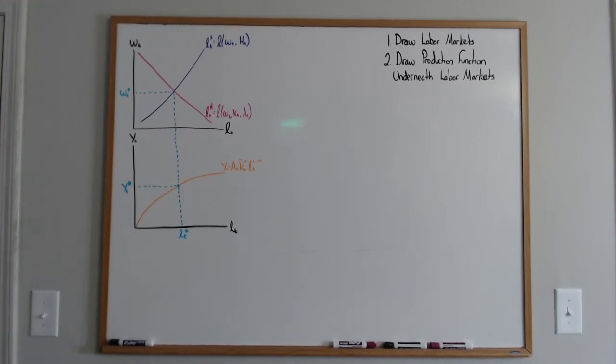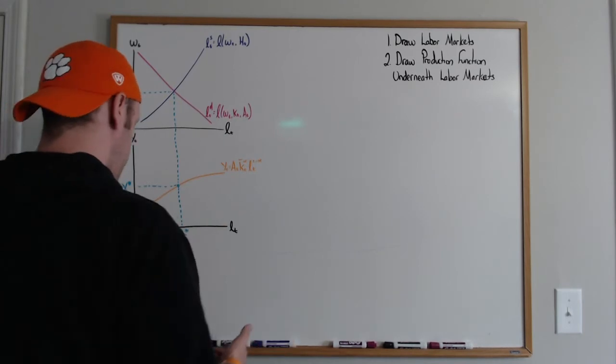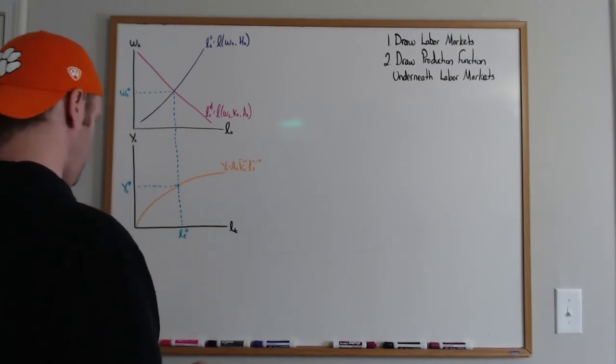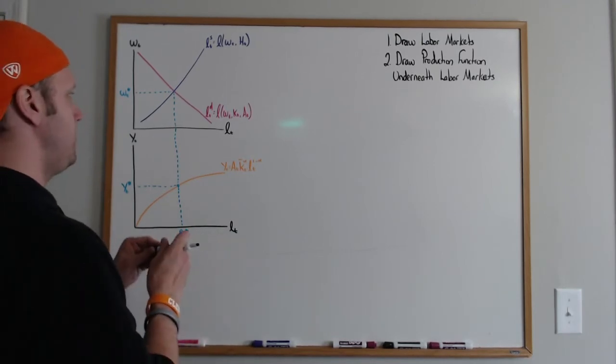We want an aggregate supply curve out of this. So how are we going to get aggregate supply from just looking at production and labor markets? Well,